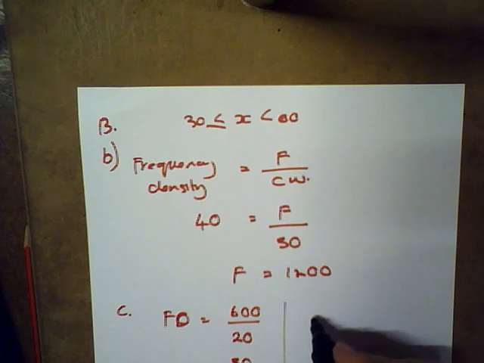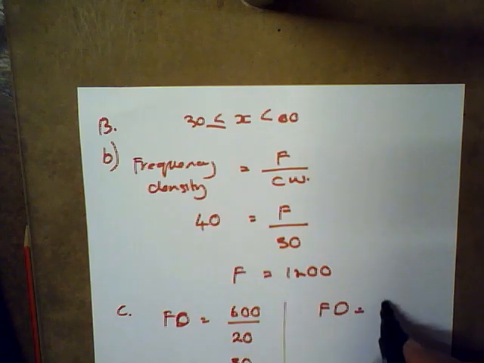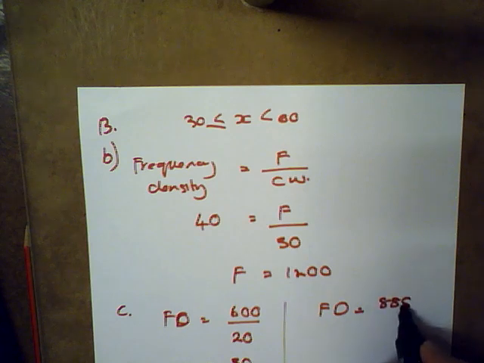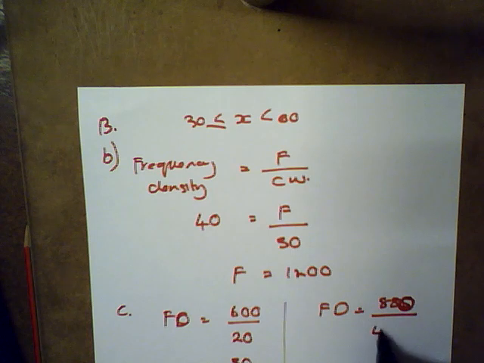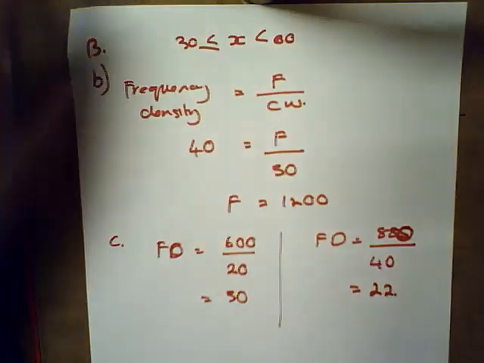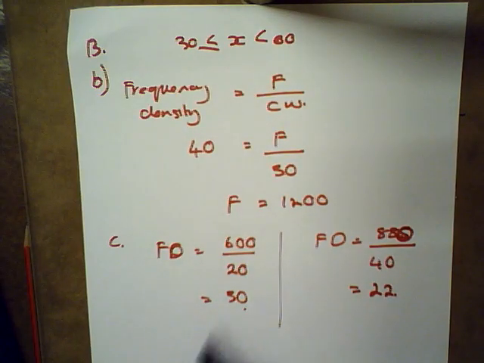Okay, and for the next one, we have the frequency density would be frequency, that's 880, sorry, over 40. And if I do the calculations, that should give me 22. So your little block there should be 30 high,